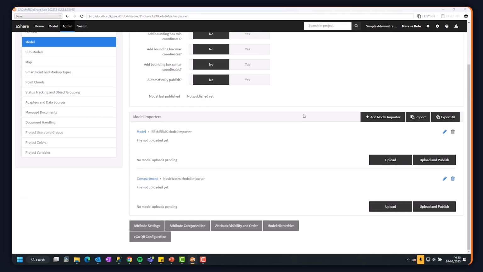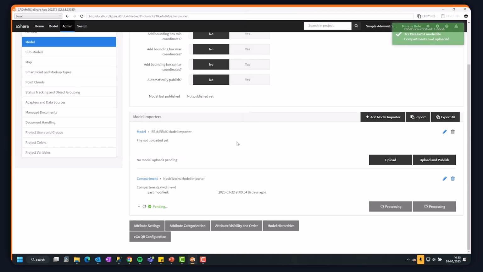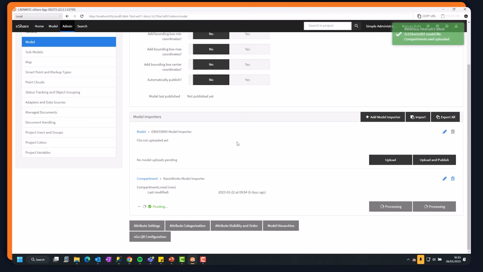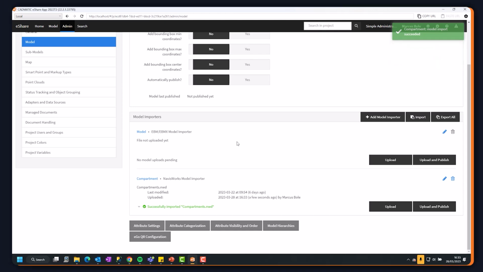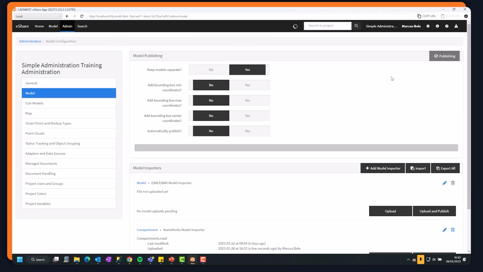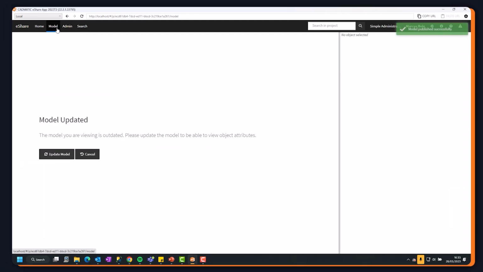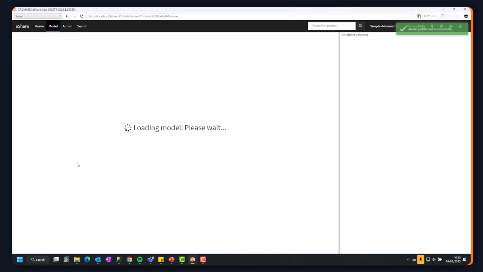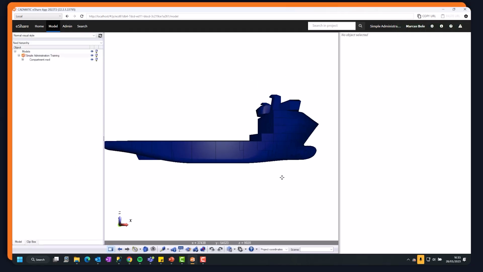And from this web interface, what I'm going to do is upload the project file. I don't need access to the server. In fact, you won't see me accessing the server pretty much anywhere from eShare itself. So I've uploaded the project, publishing it makes it available to everyone. And now I go to the model area, get the latest version, and we can see that we have this